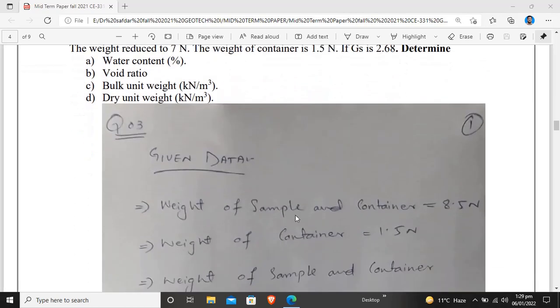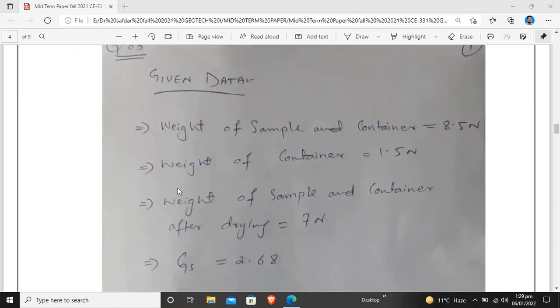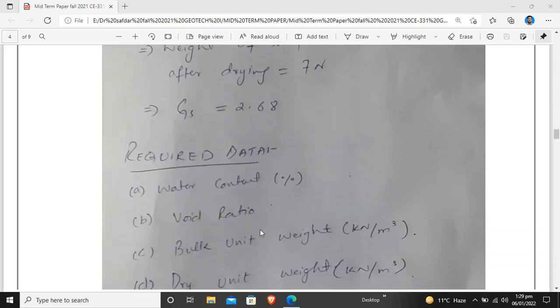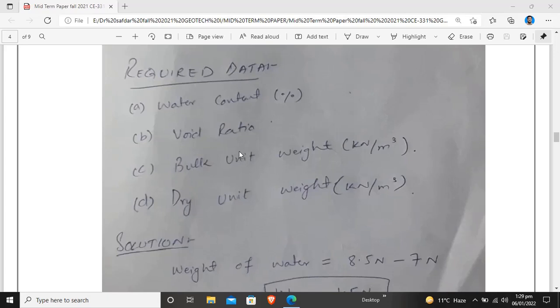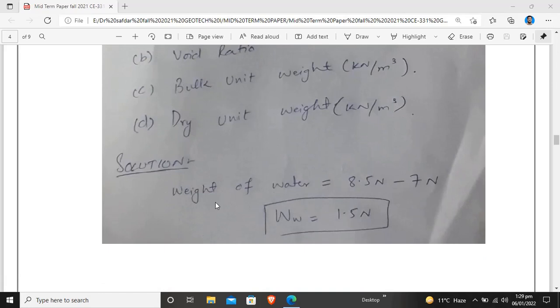So the given data is: weight of sample and container is 8.5 Newton, weight of container is 1.5 Newton, weight of sample and container after drying is 7 Newton, and specific gravity is 2.68. These are the required data which you are asked to find. Now the solution: first of all you have to find the weight of water. So 8.5 Newton, which is the saturated sample weight plus container, and 7 Newton, the dry weight after drying plus container. So the weight of water